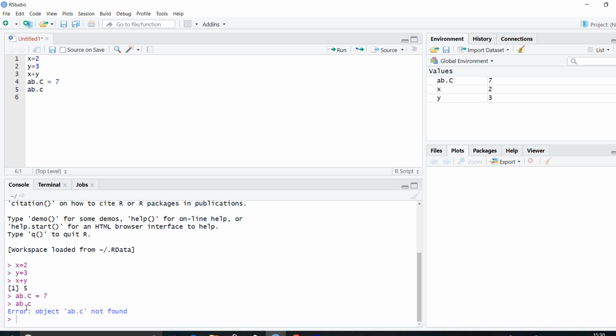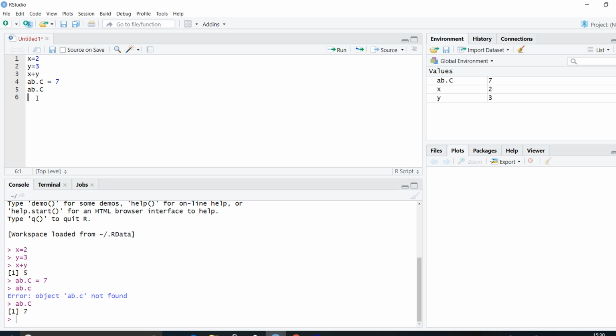This is the main form of error when our spelling is wrong. So you should always check for spelling whenever you see such an error. So when I use capital C, Ctrl Enter, you can see that I get 7. So clearly my object is ab dot capital C.